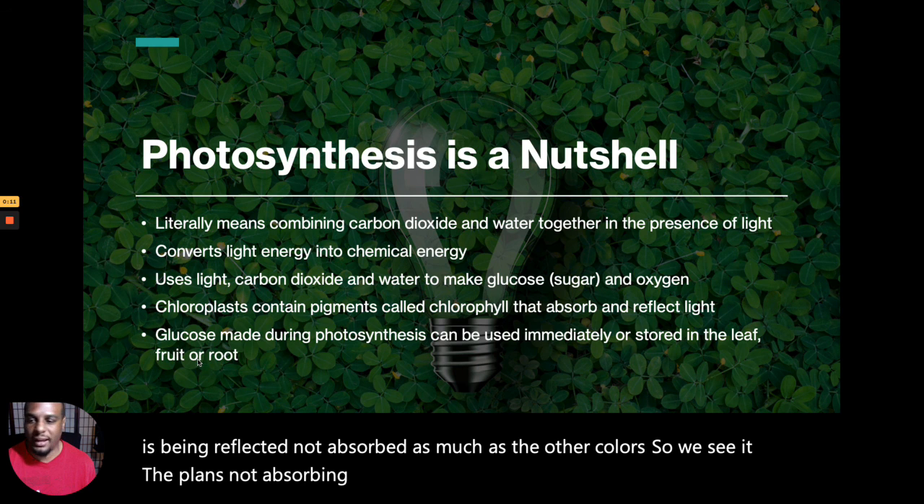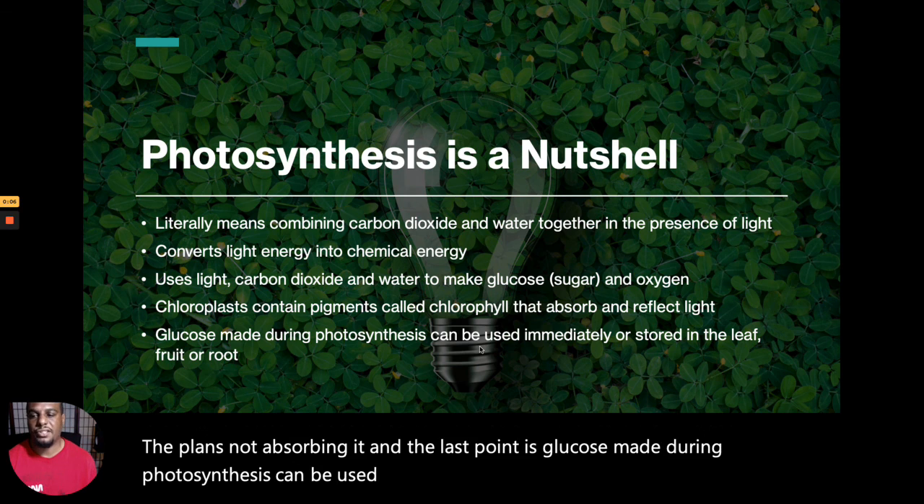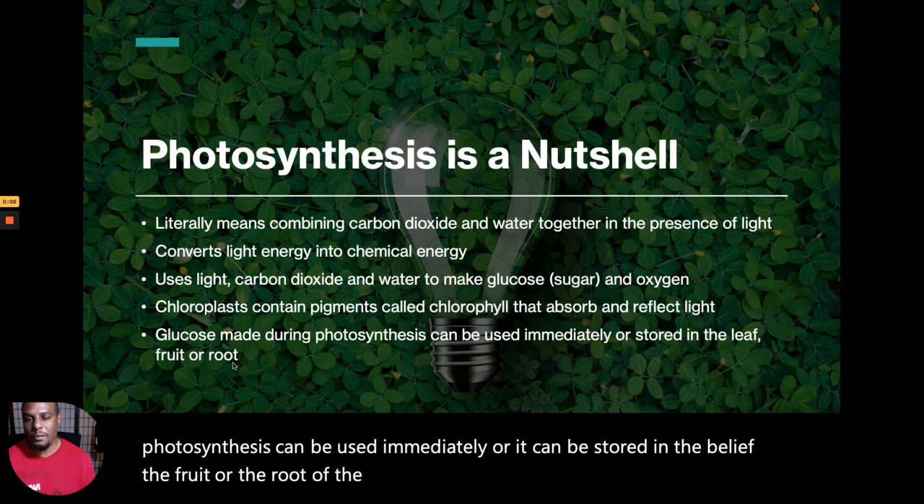And the last point is glucose made during photosynthesis can be used immediately, or it can be stored in the leaf, the fruit, or the root of the plant. The root of the plant would be like a carrier